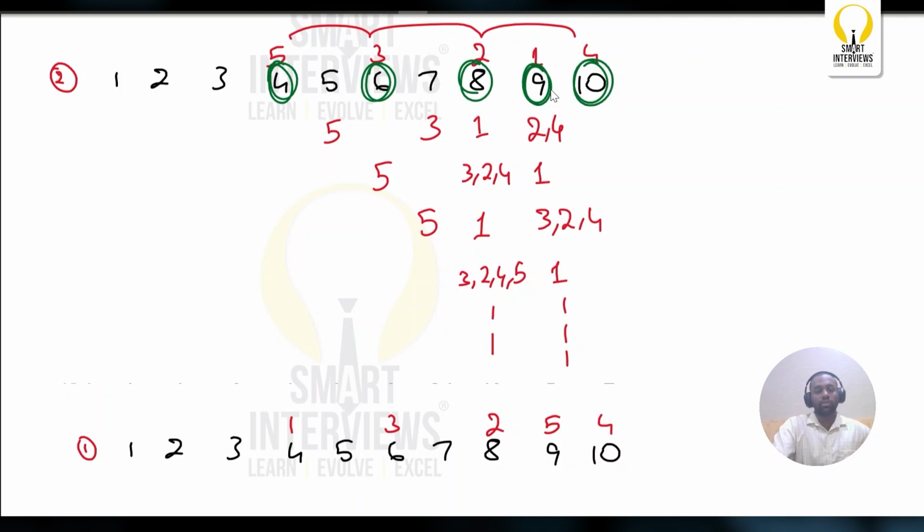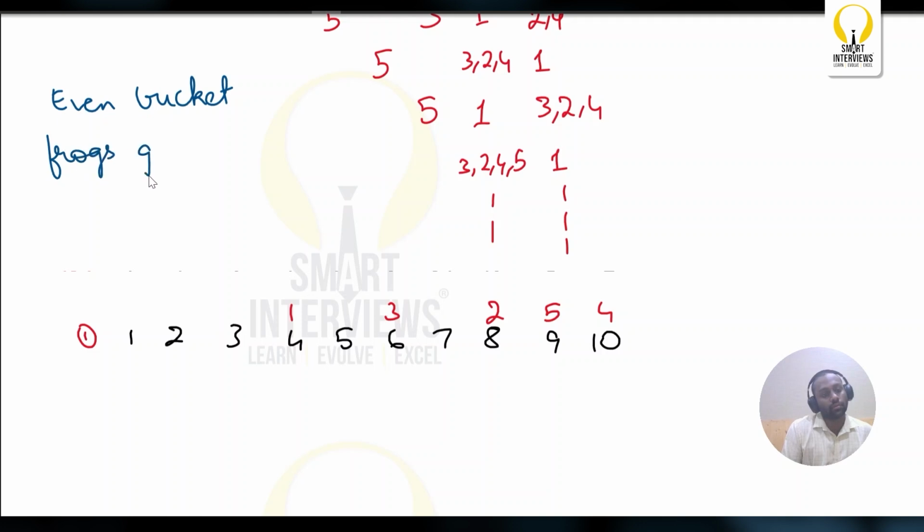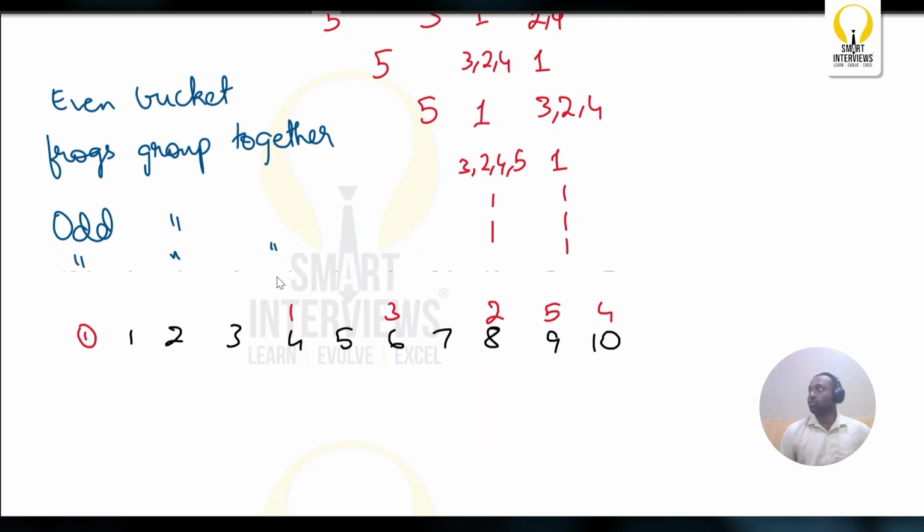So you can try the same thing for the second case given over here, and you will reach a similar conclusion. Now, what is the conclusion? All the even bucket frogs will definitely group together, and all the odd bucket frogs will definitely group together, because let's consider a very simple case of 1, 2,